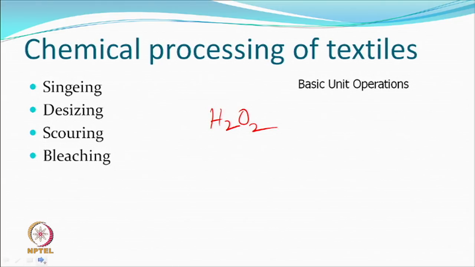Next, if you look at mercerization, this is very specific to only cotton. If you have other fibers, let us say viscose, do you do anything? You do not do anything, of course not mercerization, but there is a process called causticization, right. Which also is important for diffusion of chemicals into the fiber. But mercerization is specific to only cotton.